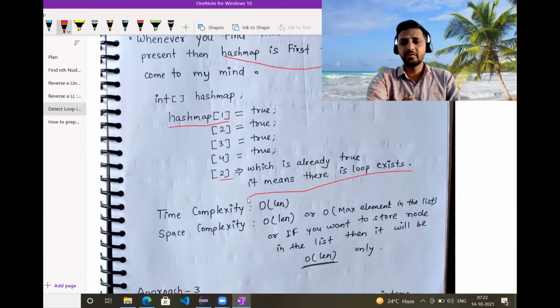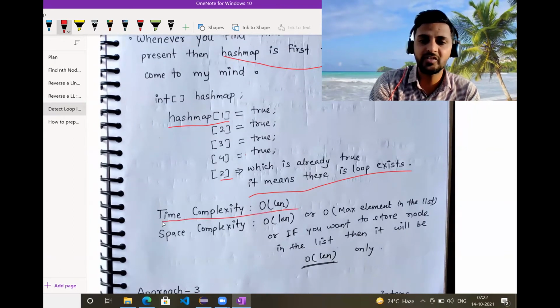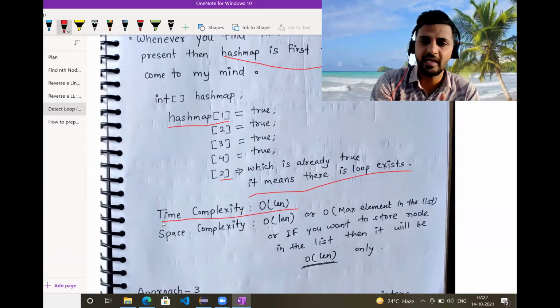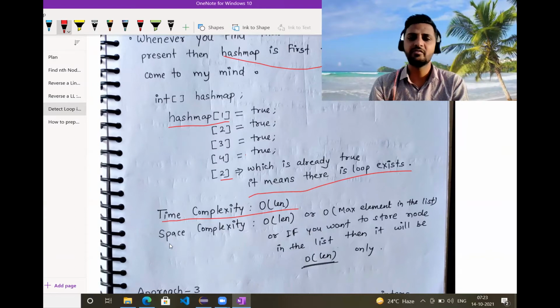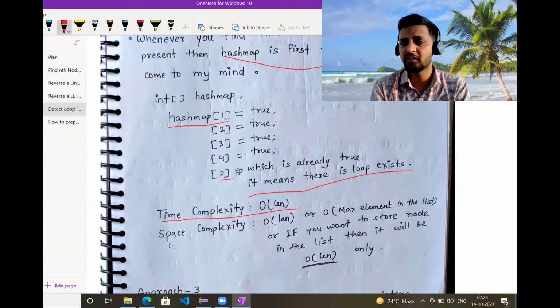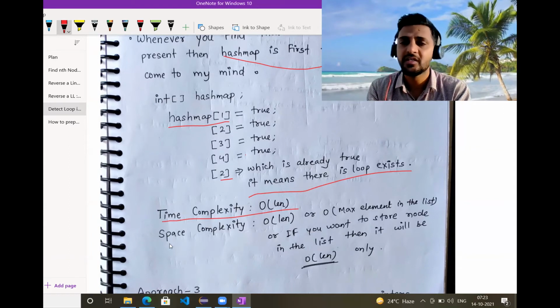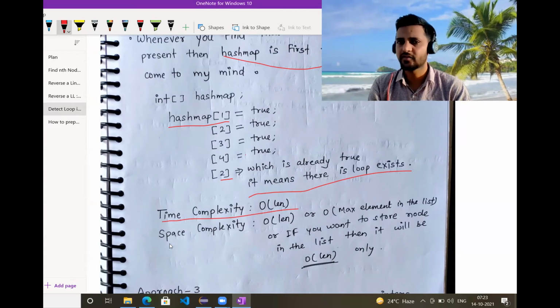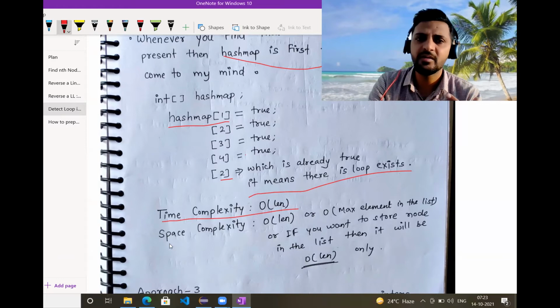So this is also a very good approach, because here we are running just one loop, and the time complexity of this approach is O of length, where length is the length of the linked list. Now the only problem with this approach is we are using extra memory just to store the data in the hash map. So the space complexity will be the same as the number of nodes in the linked list. All right. So this is about the space complexity.